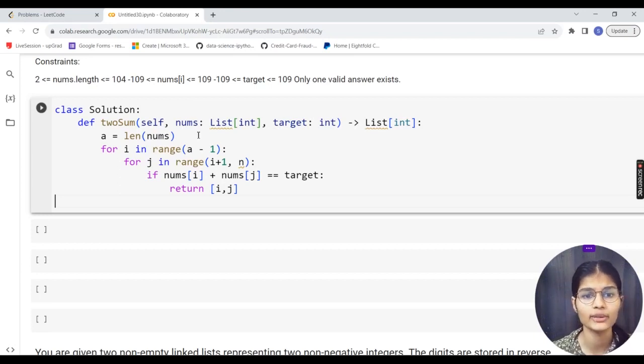While iterating, I want to check whatever the positions the numbers are, maybe 0 position, 1 position, 2 position, whether these numbers are getting added to something. Like num of 0 and num of 1, whether they equal my target. So I'm trying to add up all of those and return the respective indices where the numbers present add up to my target. That is what my whole solution is all about.